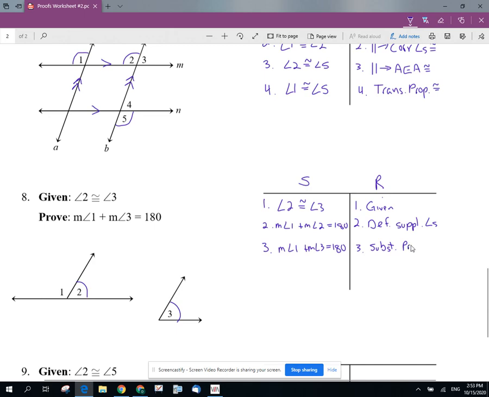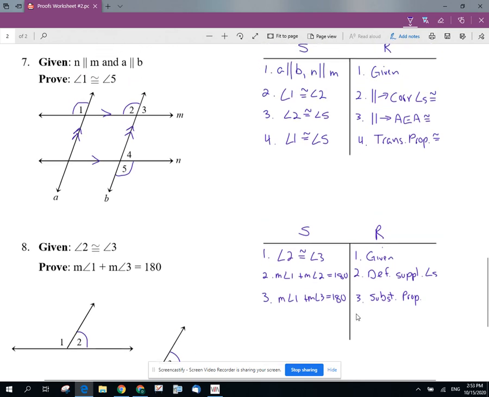You don't have the option of transitive property here. This is not the transitive property. Transitive property is when you have two things congruent, and then the second thing is congruent to a third thing, and you conclude the first thing is congruent to the third thing. That's all congruence or equal measures. But this is a supplementary statement, and you're substituting into that, the 3 for the 2. Okay? All right, now, so you can end the video if you want, or you can have a little bit